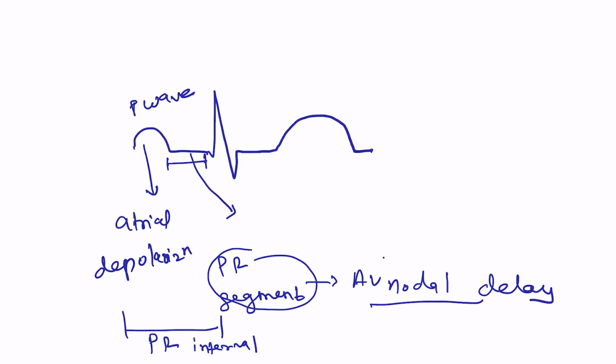Why is this important to know? Whenever we study heart blocks, that is the bradyarrhythmias, this part becomes very important. In heart blocks, that is AV nodal blocks, we will see prolongation of the PR interval. So this is the PR segment, and the PR interval covers both the P wave plus the PR segment. This is a basic rule: an interval will include a wave, a positive or negative deflection, and segments are usually the flat lines, which are isoelectric.